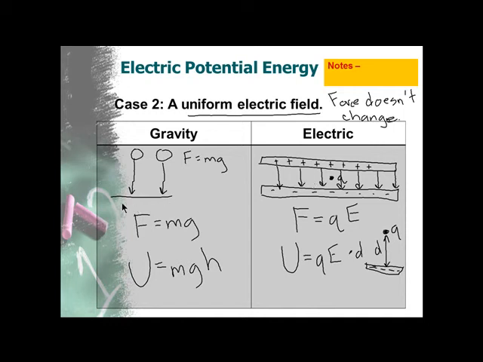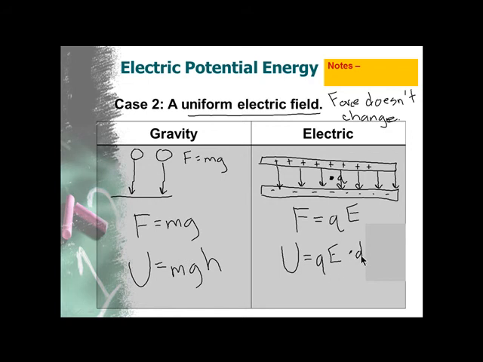So if my force is equal to m times g for the case of gravity, we know that the potential energy that we can assign to it only depends on the height that this ball has above the ground. So we can say that U equals m times g times h. If we go over here to electric force, what would the potential energy be? It turns out it's going to look similar to what we came up with for gravity. The potential energy of a charge in this uniform electric field is just going to equal the electric force times